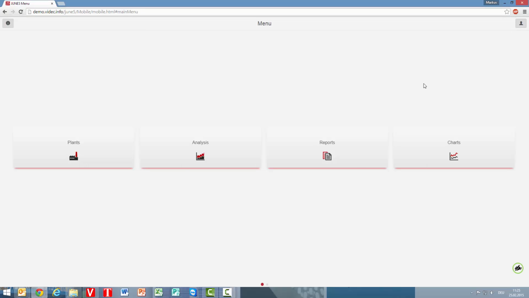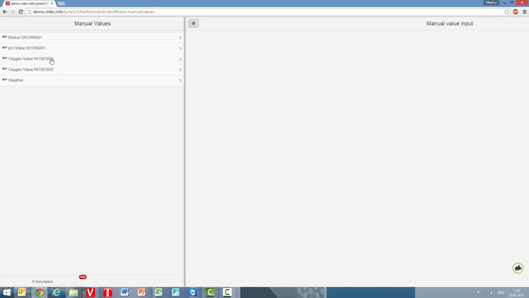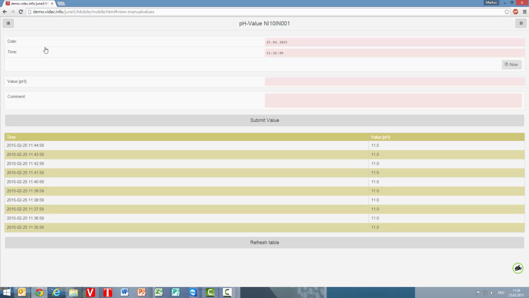If you want to access the manual data entry, you can use this standard menu, swipe to the left, and there you can find your manual values. Manual values could be everything what you want to record manually, meters, oxygen values, or this pH value, for example. Automatically you see the latest list of data, and you see here as well, here are a lot of values